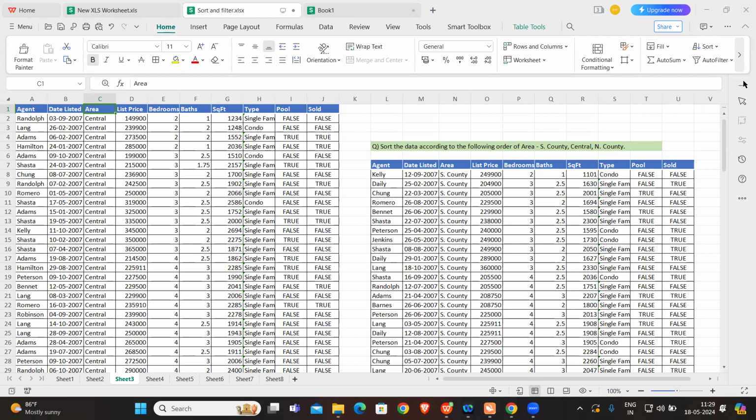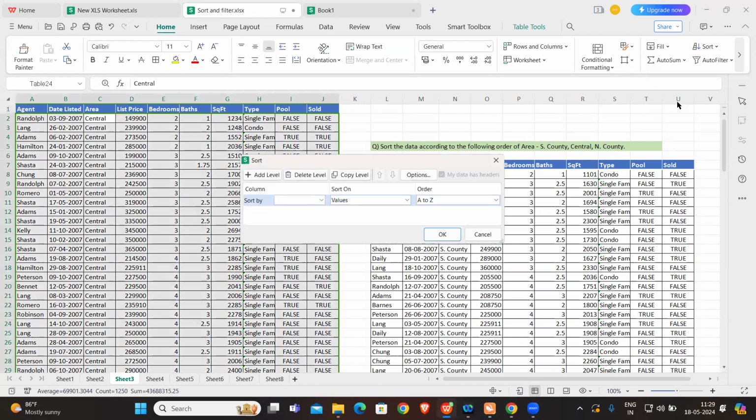How can we deal with this here? Go to sort, okay, go to custom sort, and then sort by area. Sort by area. Okay. Area. Values. We should select values, right? We need to sort on the basis of values, not on the basis of order. Here, if in the case you need to sort,